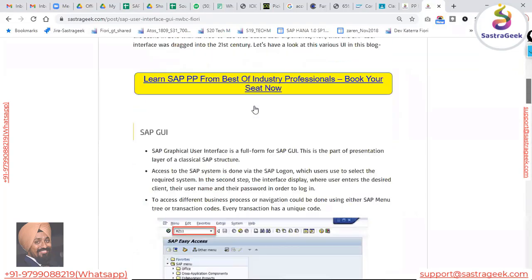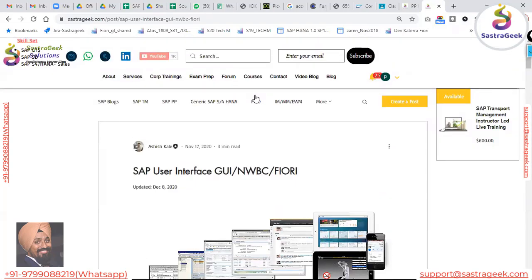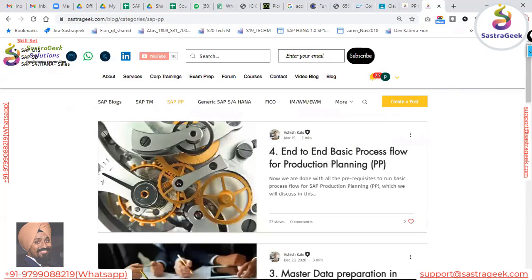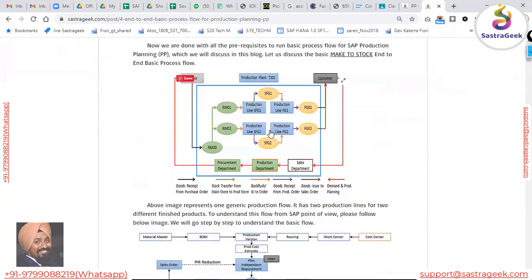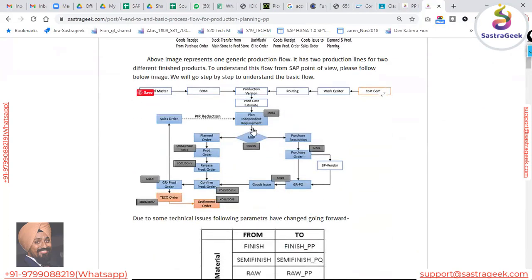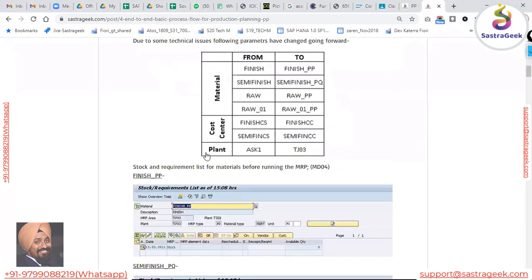Okay. Then if you want to enhance your knowledge, you can go to FICO and multiple other blogs here. TM blog is there, PP is there, generic stuff, all we have covered here. And then we have a PP blog here that is specific to production planning. So this is just an example. Ashish has written another blog, end-to-end basic process flow in production planning. We have covered how the production planning process flow would happen, with very neat and clean flow charts given, followed by actual